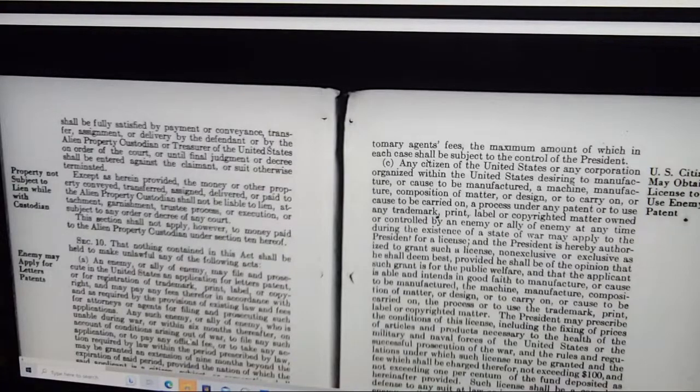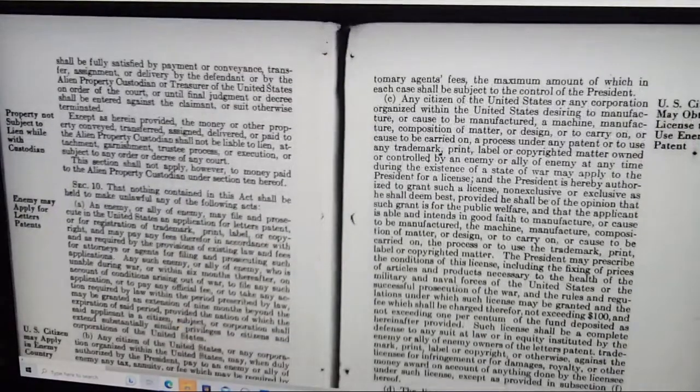C. Any citizen of the United States or any corporation organized within the United States desiring to manufacture or cause to be manufactured a machine, manufacture, composition of matter or design, or to carry on or cause to be carried on a process under any patent or to use any trademark, print, label, or copyrighted matter owned or controlled by an enemy or ally of an enemy at any time during the existence of a state of war may